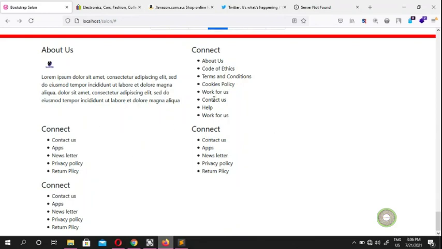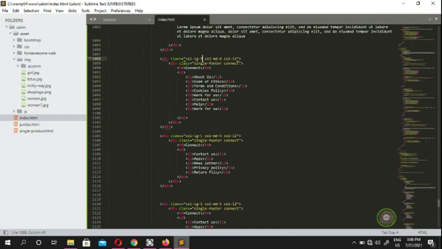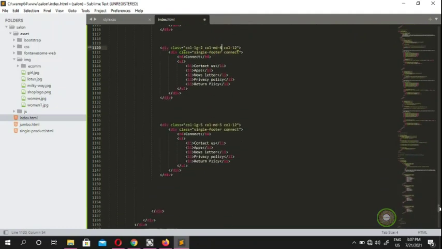So MD6 is okay, but we have to put the large one, LG5, so we make an LG2 to fit. So 5 and 2 is 7, 7 and 2 is 9, and for MD6 we put column medium 6 here, and the rest column medium 6. Same goes here, column large 2 and column medium 6. I hope that'll